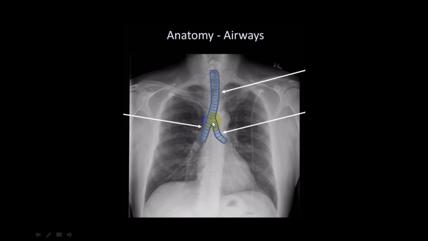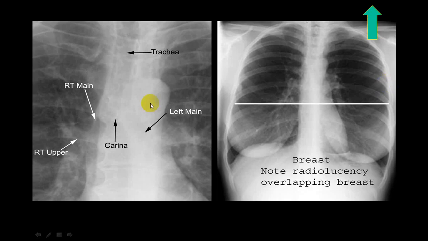And if Carina angle is splayed out, or we call it widened, that will be because of a left atrial enlargement or lymphadenopathy, most common. So this is trachea. You can see it is a little towards the right side, and this is a Carina angle. This is a left bronchus, this is a right bronchus, and you can see this is an angle, and it is usually an acute angle.